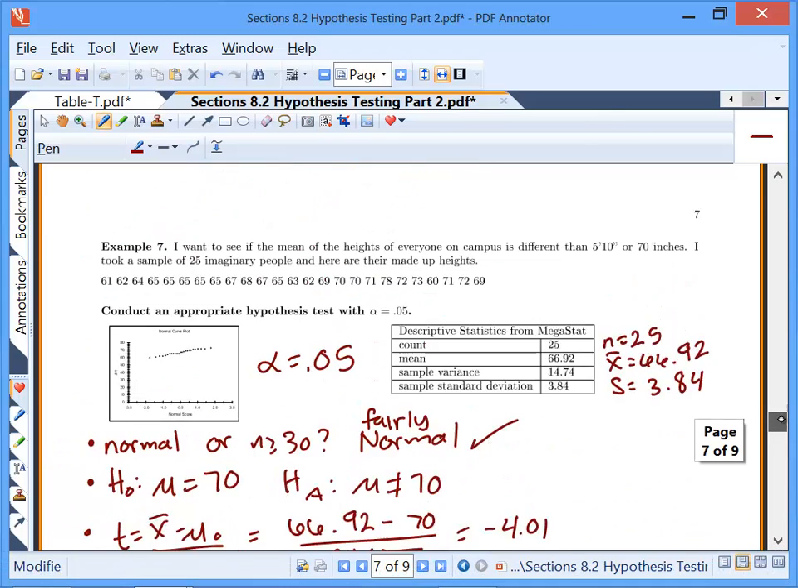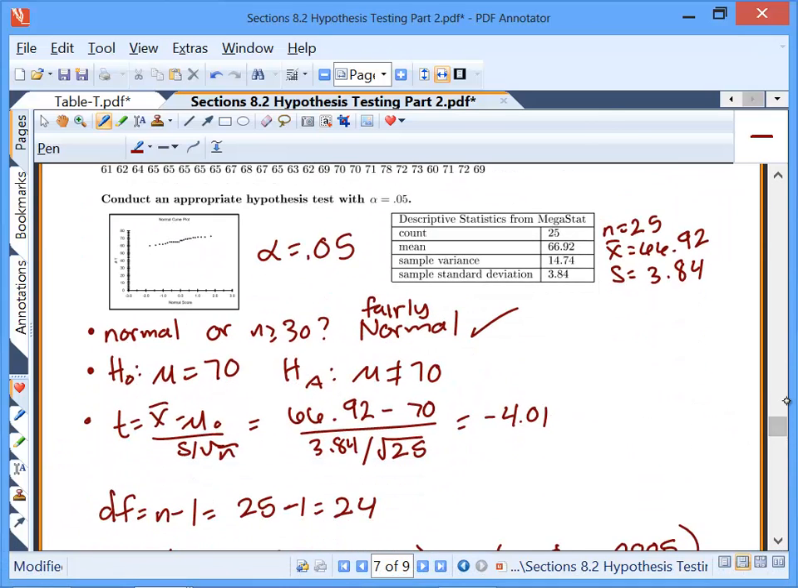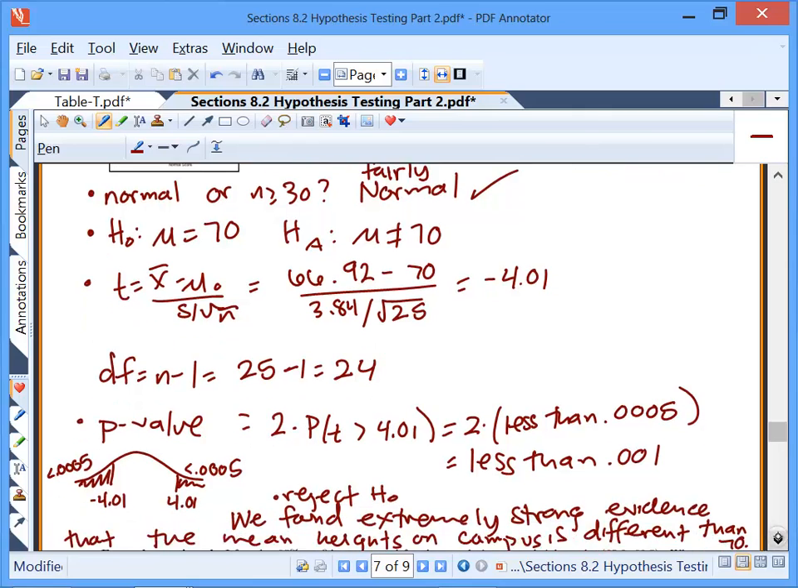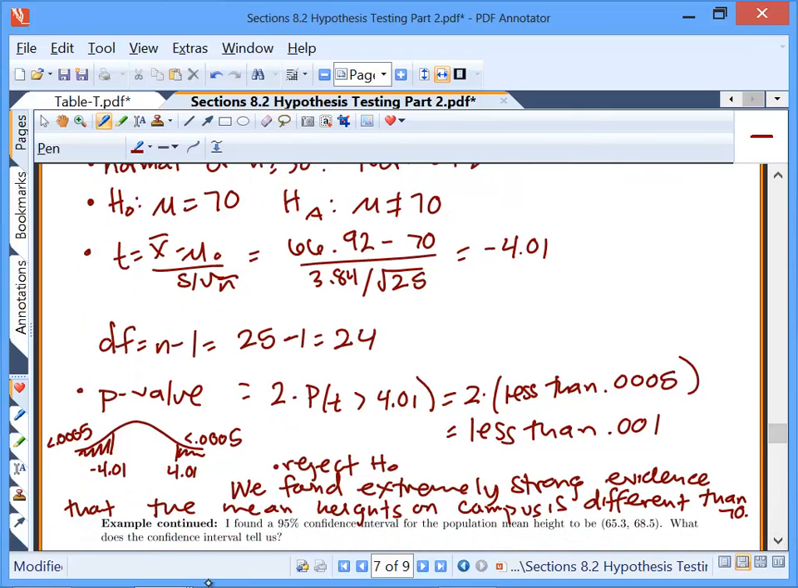Looks like a fair amount of you are done. So, my plot looked like a fairly straight line, so fairly normal. My test statistic is negative 4.01. My degrees of freedom were 24, and